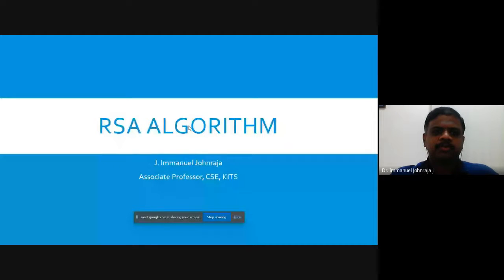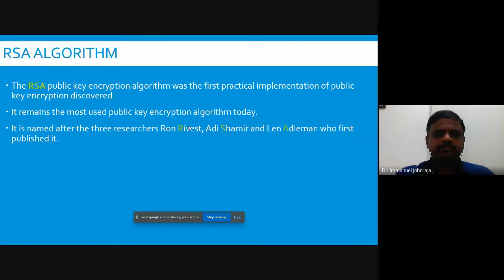So let's proceed. Now we have the RSA algorithm, which is following the public key crypto system, where one key is used for encryption and the corresponding pair of the key is used for decryption. And in today's session, we are going to look at the RSA algorithm, not in detail, but what is needed for us. And also parallelly, we'll work out with an example so that we can understand how it works. Right? So one or two points about the RSA algorithm.